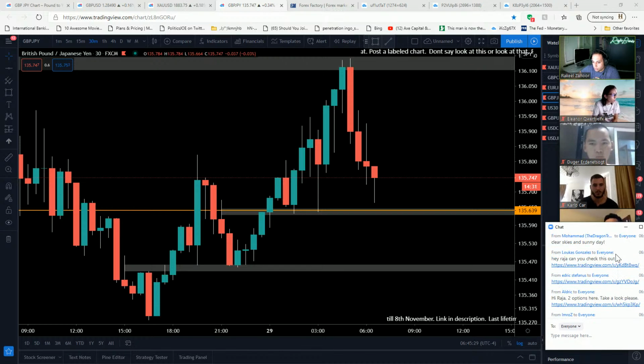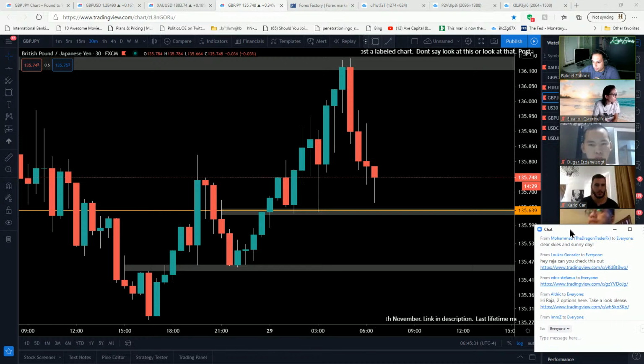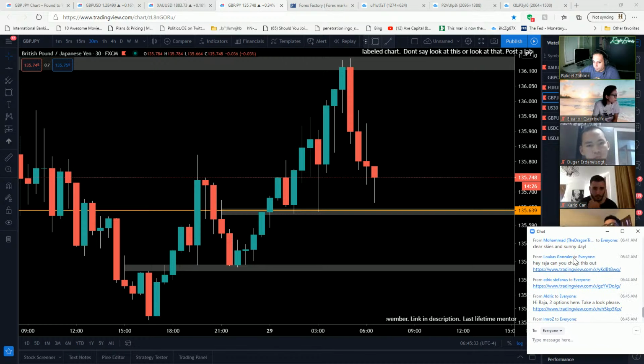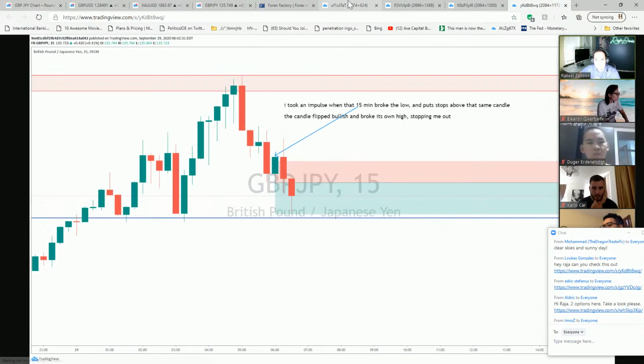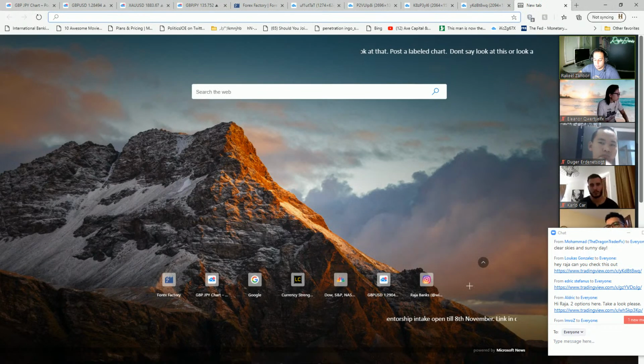Okay, let's take a look at this. This is GJ. I took an impulse when 15-minute broke the low, put stops up with the same candle. Candle flipped bullish and broke its own high, stopped me out. Yes, Lucas. That was supposed to happen